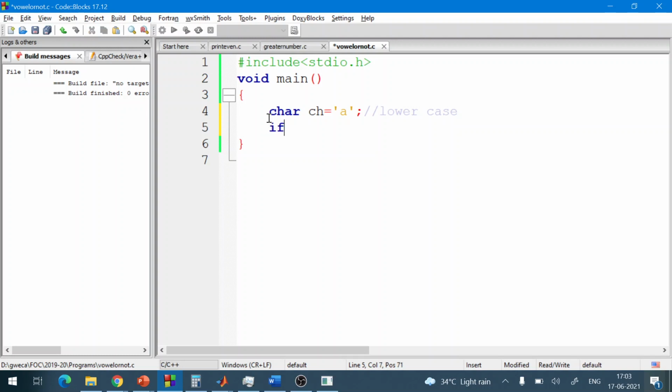Okay, so if I have to compare, the value of this ch is to be compared whether this ch is equal to a. Okay, now see this, whether ch is equal to e, sorry, whether ch is equal to a, e, i.